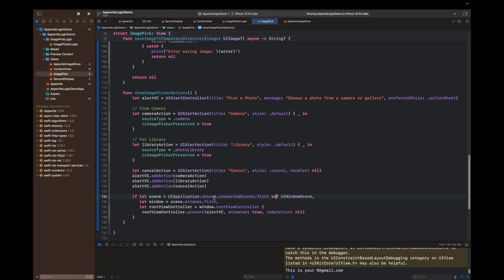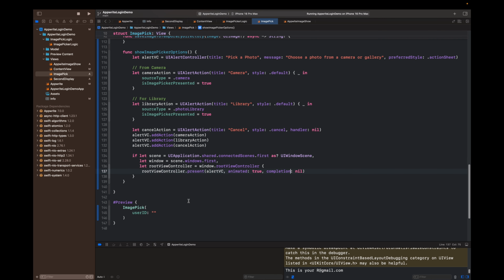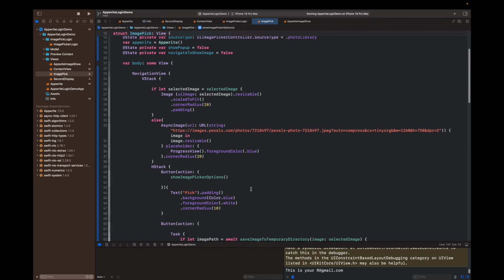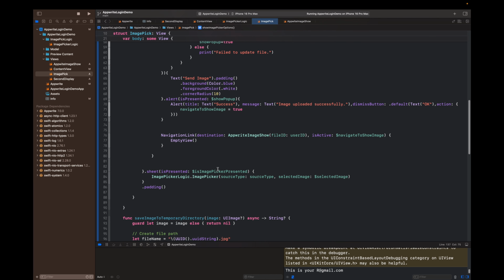UIApplication dot shared dot connectedScenes dot first as UIWindowScene, and window is this, and root view controller is window dot rootViewController, and it will present those things like alertVC, animated true, and completion nil. So that's how we will pick the image and we'll pass it to the next screen. Like it will show the image on the screen, and yep, that's probably it. Now